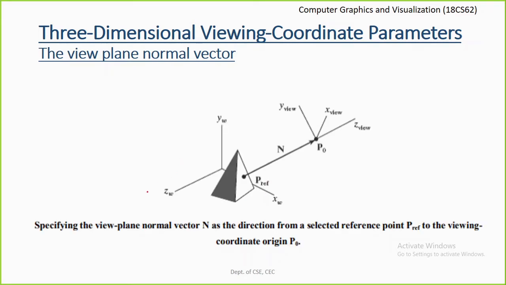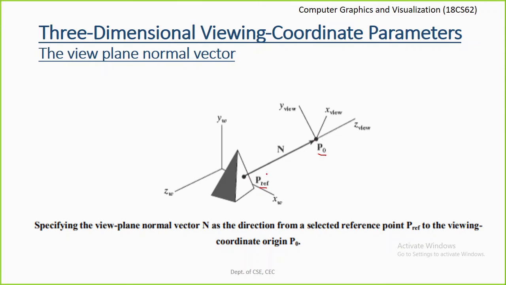So we can also place this normal vector in the direction from a selected reference point P reference on a given surface to the viewing coordinate origin P naught. This is an example of specifying the view plane normal vector n as a direction from the reference point P reference, a selected reference point on a surface, to the viewing coordinate origin P naught.